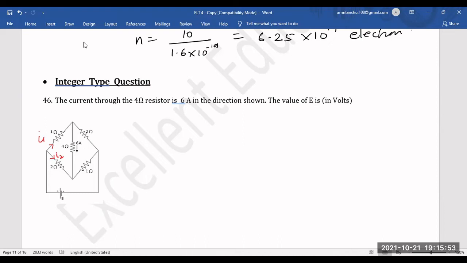In this pattern the resistance is reversed, so current also will flow from the 2 ohm resistance. Current I2 will come here, because in whatever ratio current divides here, the same ratio current is going to combine. So if we consider this path,